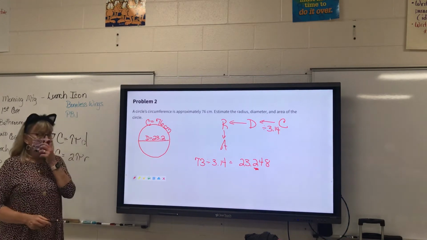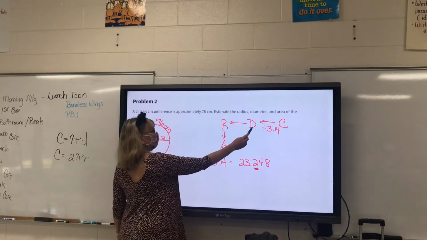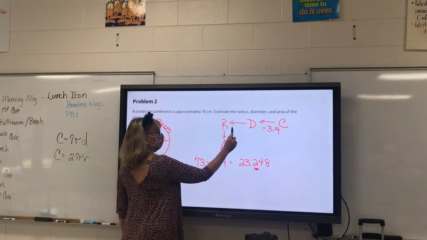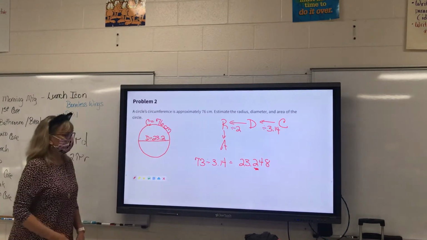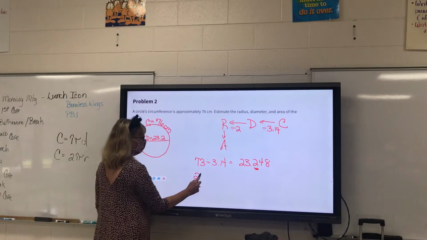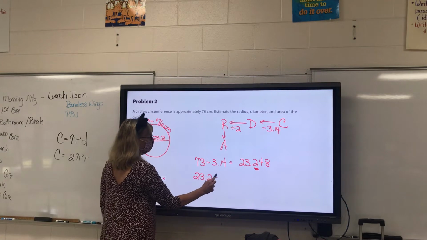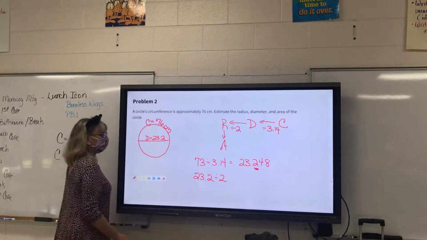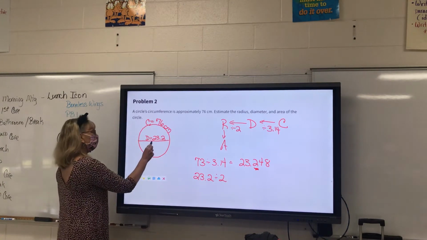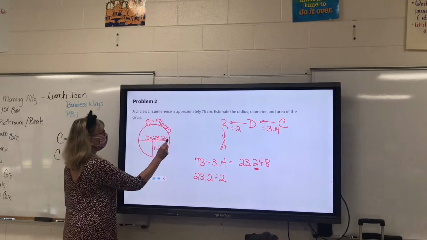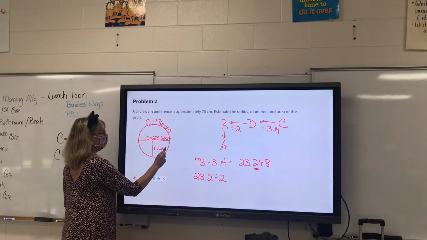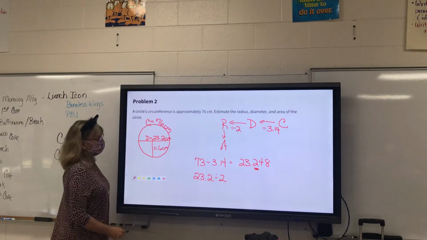Okay. Now, how do we go from diameter to radius? Divide by 2. So what is 23.2 divided by 2? 11.6. And we're all in centimeters. Okay, so the radius is 11.6